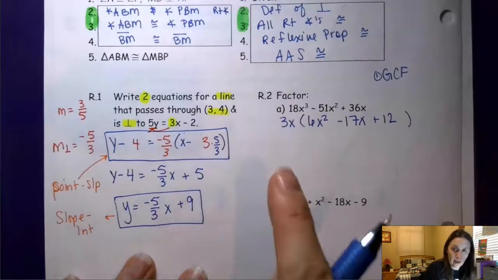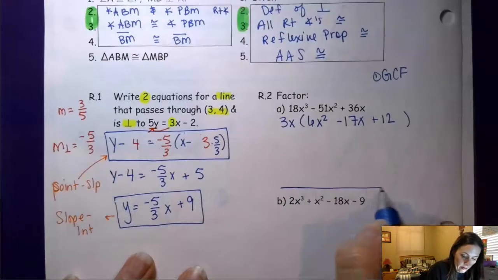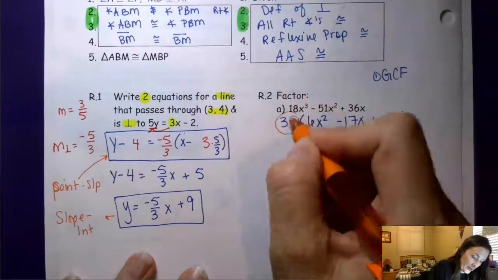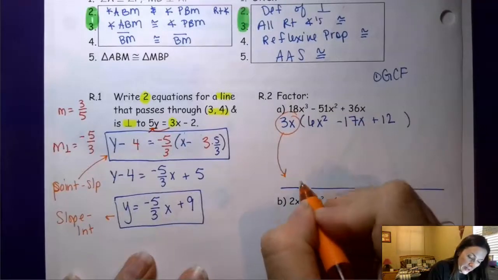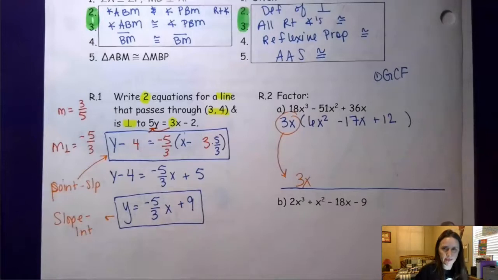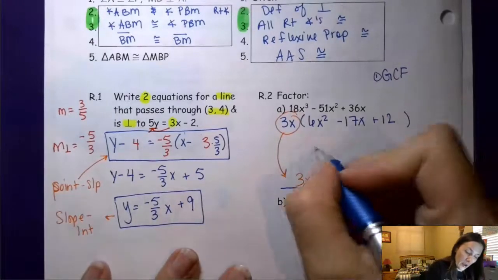Now, don't forget that 3x. If you have an answer column somewhere, that is super easy to forget. So if you want to, write it down in the answer right away so you don't forget. It's easy to just forget about it, obviously. Okay, so here we have